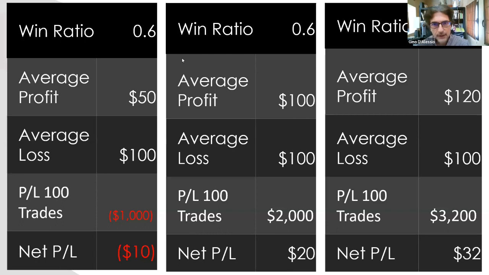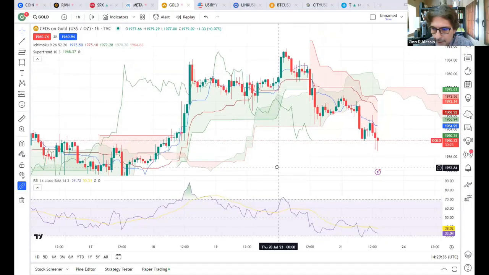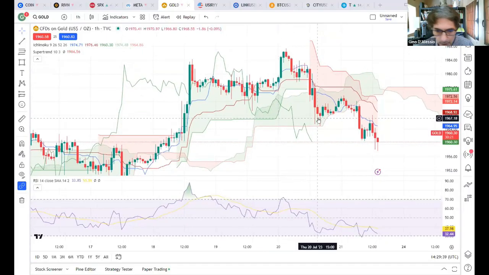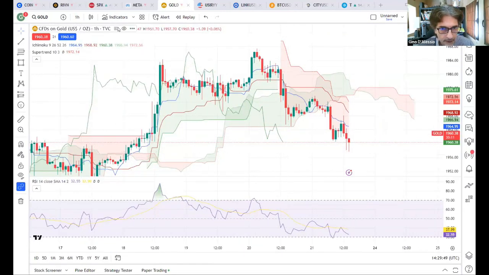I'm going to share another screen, just one second. What I was trying to show was the correlation between similar assets or similar financial markets. So here we have the price of gold,